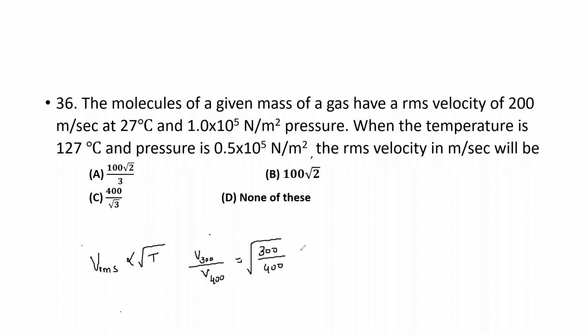So the zeros will get cancelled. We will get root of 3 divided by 4. Right. So here VRMS of 400,